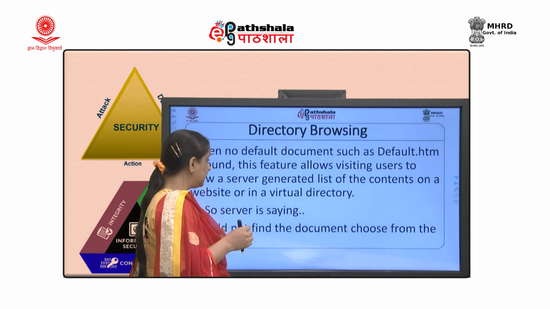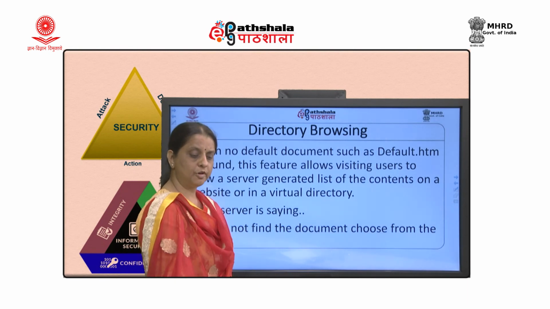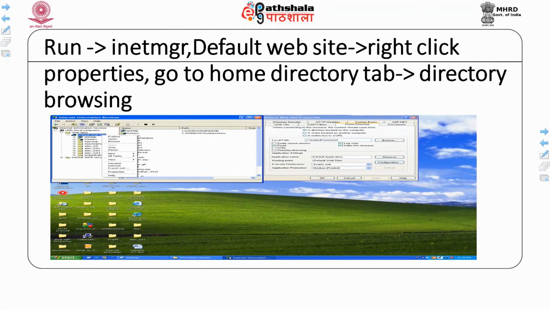So, the server says, I could not find the document which you asked for, but choose from what I have. If you want to check whether the default directory browsing is enabled or not, run inetmgr, go to the IIS manager, go to the default website, and open the properties.